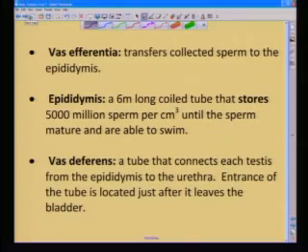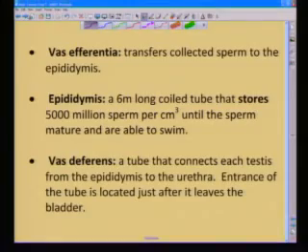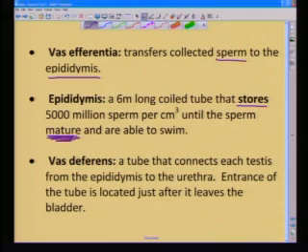Now we have the vas efferentia. Now that sounds very fancy. All it is, it's a structure that passes the sperm to the epididymis. All right? And the epididymis stores those little sperm cells until they are mature. So they're produced in the seminiferous tubules. From there, they move into the vas efferentia, and the vas efferentia then deposits these little sperm cells into the